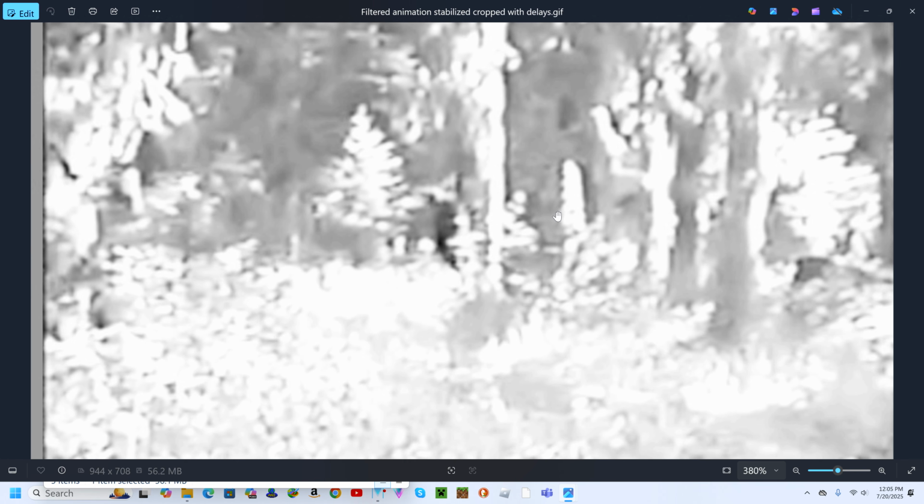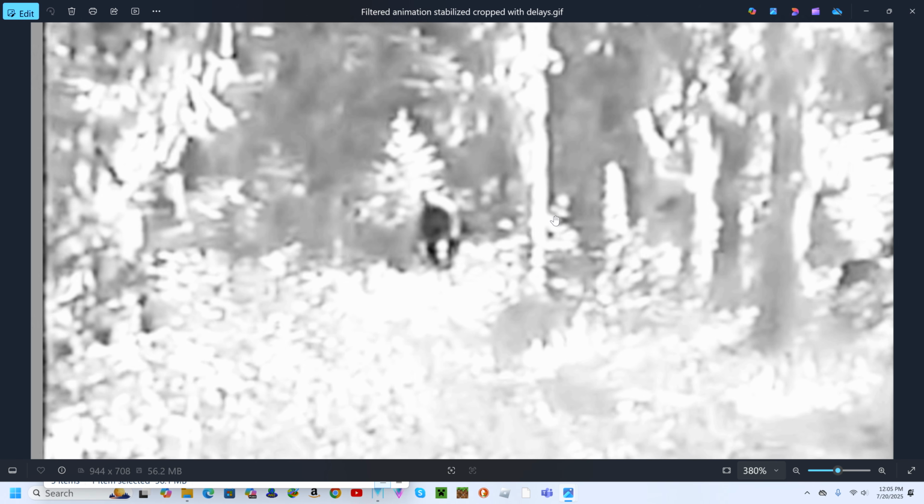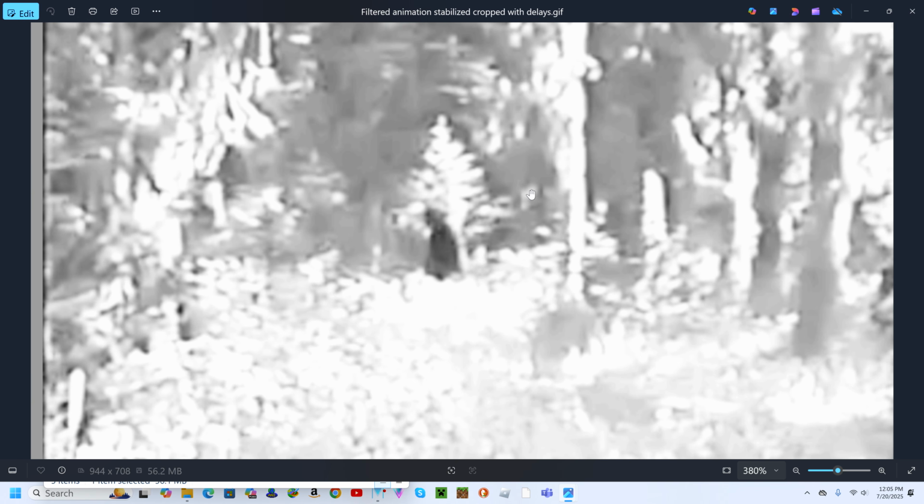You wouldn't see this if I had not filtered these images and brightened them up, the surface brightness, so I could see up inside these shadows in this area behind the creature. See the face? The face turns completely white just seconds before the entire image gets completely flooded with overexposure.